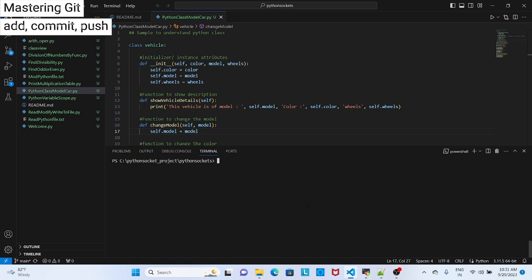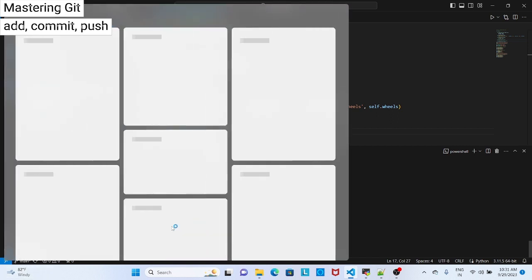We'll try to understand the git command called git commit. If you have this framework, you remember, if you see the previous videos, we have created the files and this was connected to the git called Python socket. Now